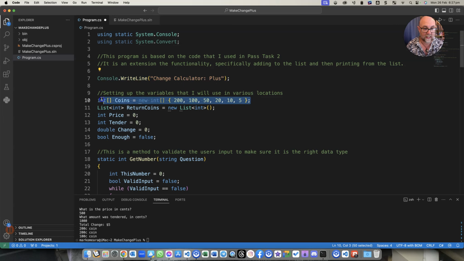Now, this first thing here is an array, and it is an array of all the values of the coins from largest to smallest, because I want to process them largest to smallest, so I may as well have them in there. You know, if I can pay them with a $2 coin, I'd rather do that than with two